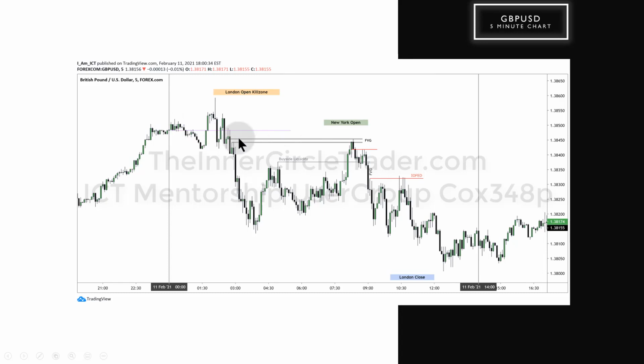Then we have a small little fair value gap as it breaks lower, comes back up, short-term little swing high, trades lower, creates a buy side liquidity pool here, runs up into New York open, closes the fair value gap, optimal trade entry from high to low, retraces back into the fair value gap, time, price,